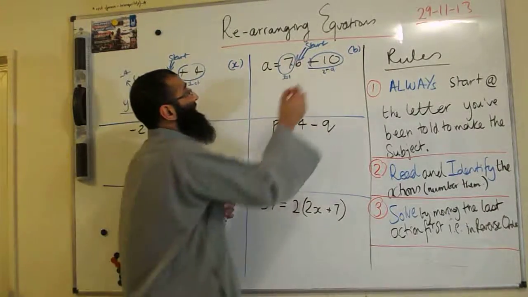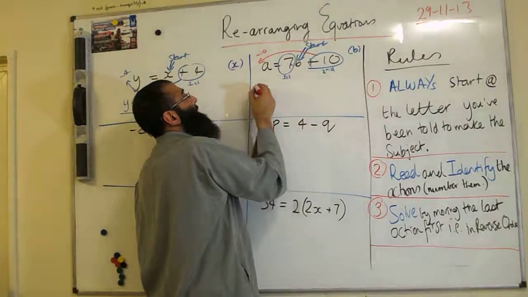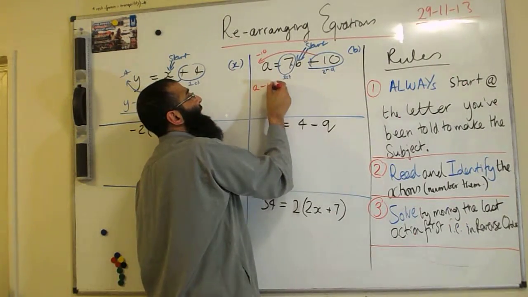So we grab the plus 10 and we take it to the other side. It becomes a? Minus 10. So we have now a minus 10 is equal